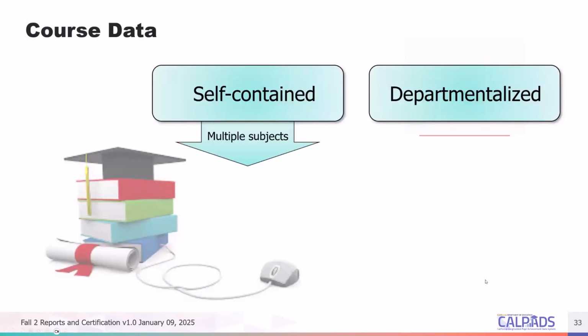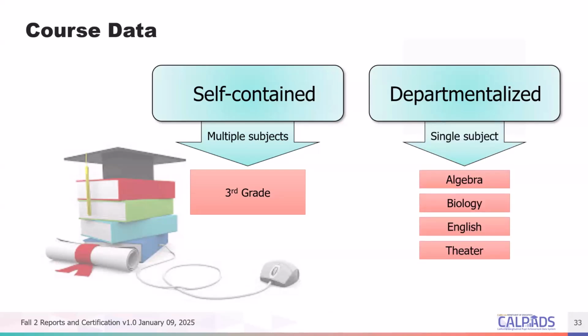All right, so as far as the course data, to refocus here, we want self-contained, right? That's a multiple subject. Often that's taught at the elementary school level, a single classroom where all the subjects are taught in a single course by a single teacher. And then we have departmentalized subjects that we accept as well. Often these are 7th through 12th grade, right? Departmentalized secondary level of instruction. However, it's not exclusive. You do have secondary instruction that are multiple subject environments, and you do have departmentalized courses taught at the elementary school level.